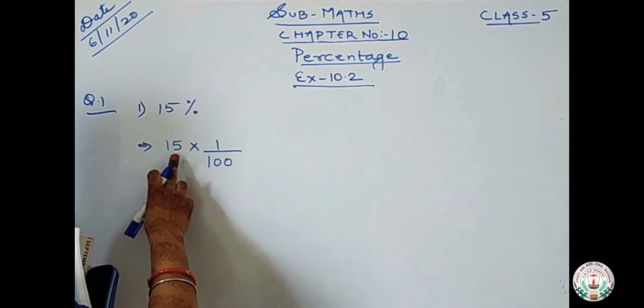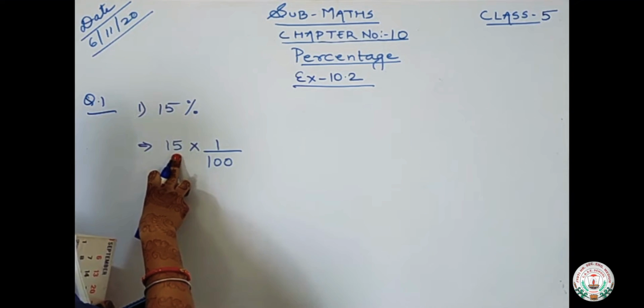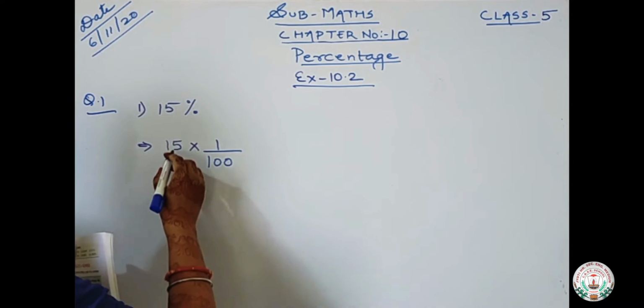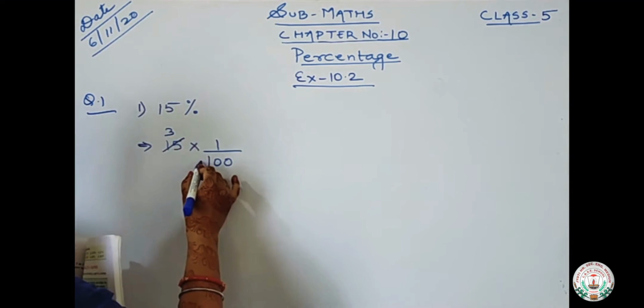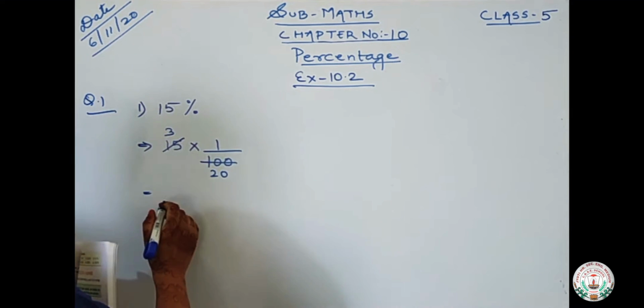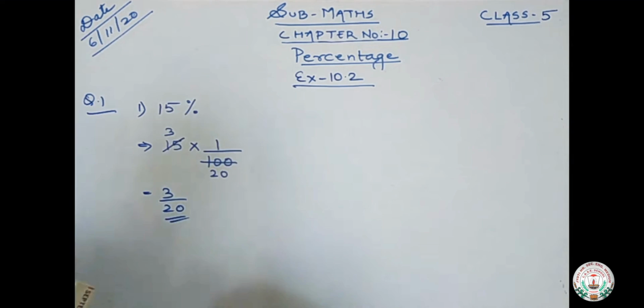As you can see here, in the ones place 5 is given and here 0 is given, so this can be divided by 5. 5 threes are 15, 5 twos are 10. So what is left? 3 into 1 is 3 upon 20. So for this percentage the lowest term will be 3 by 20. Okay, now next is